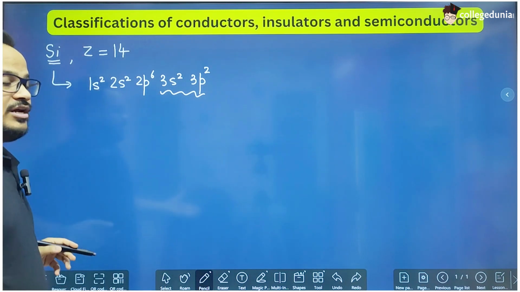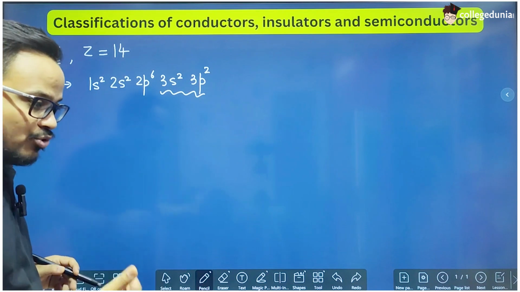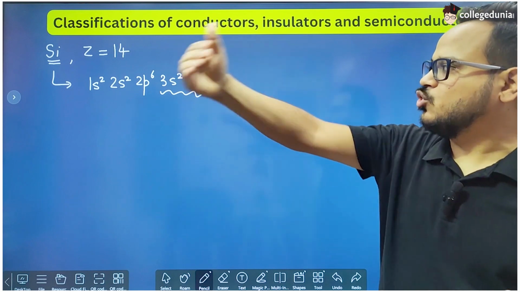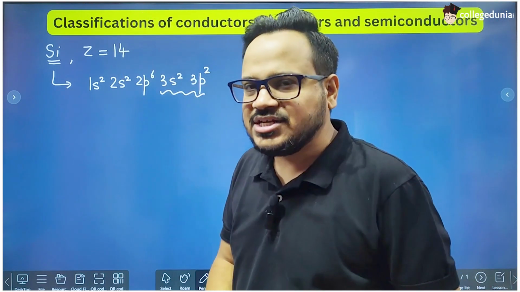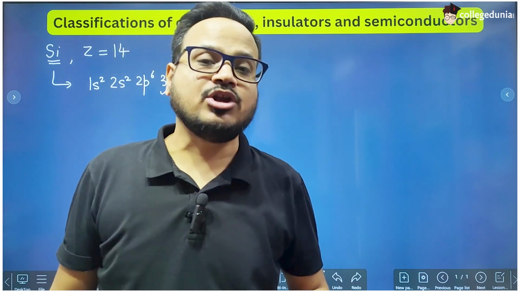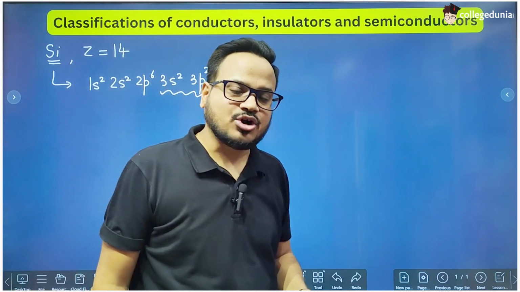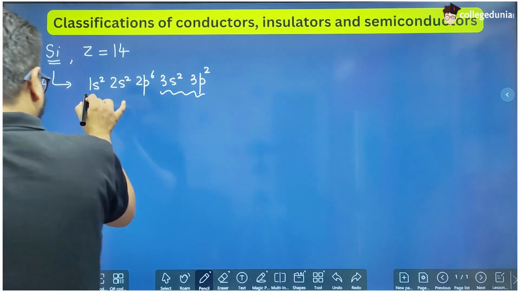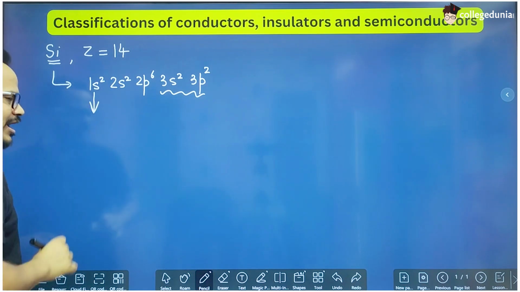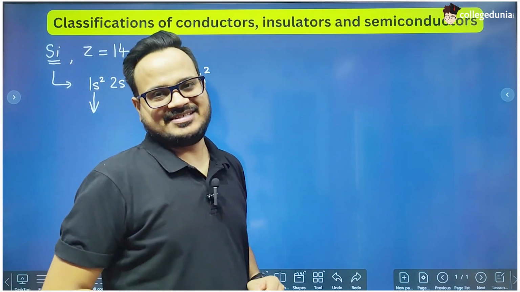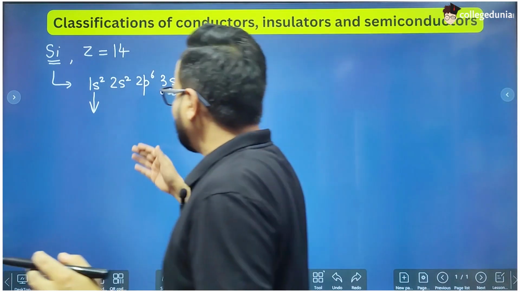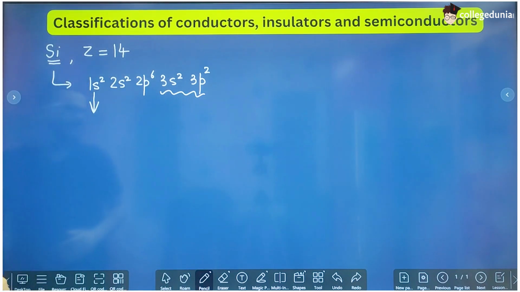If you say that 1s is the subshell closest to the nucleus, then 2s, then 2p, then 3s, then you are wrong. These shells are not arranged according to distance from the nucleus. The subshells are arranged according to energies. 1s is the subshell in which there are 2 electrons of least energy, and 2s is the subshell in which there are 2 electrons which have more energy than the 1s electrons. So these are arranged in the order of increasing energies.